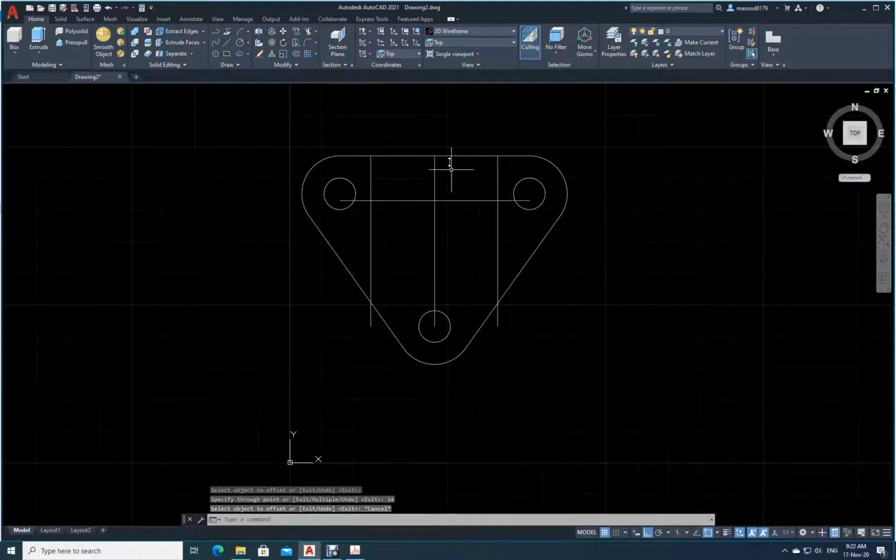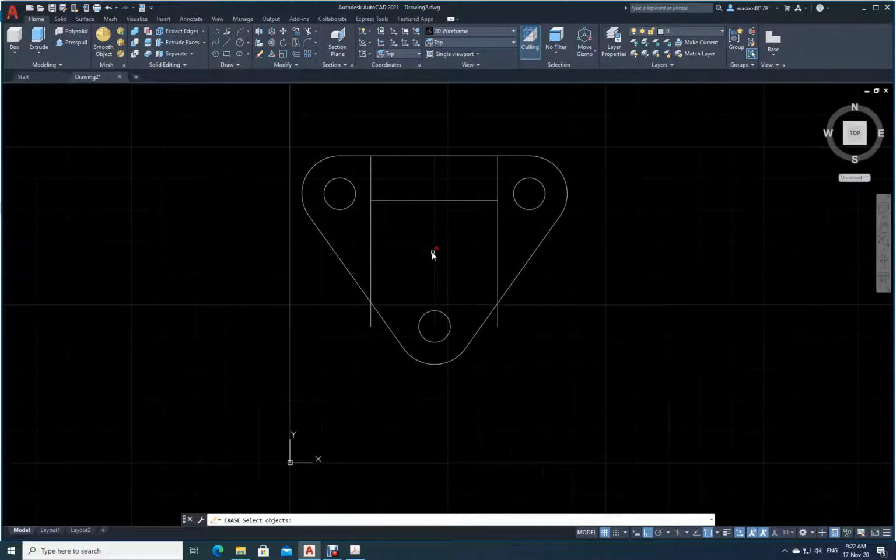Now what has happened? Now I have created a rectangle here. So let me trim and remove this portion. I don't need this. In fact, I don't need this. I don't need this. No need of this one. No need of this one. Escape. Okay. So now I don't need the center line anymore. I will just remove the whole center line. Okay. Now I have created this part.